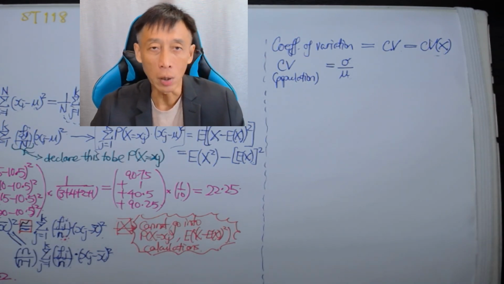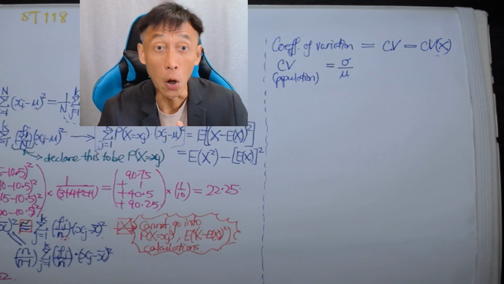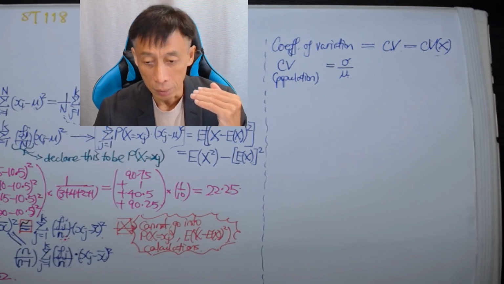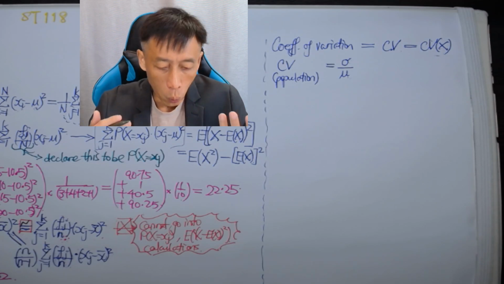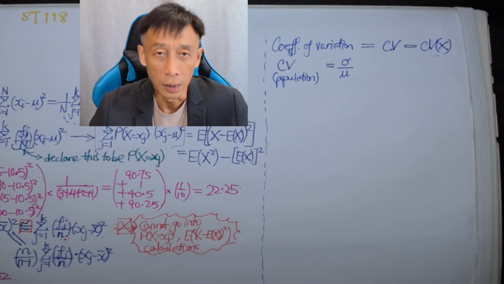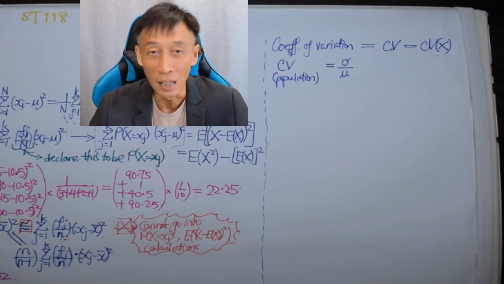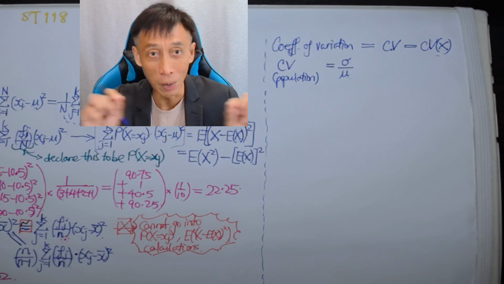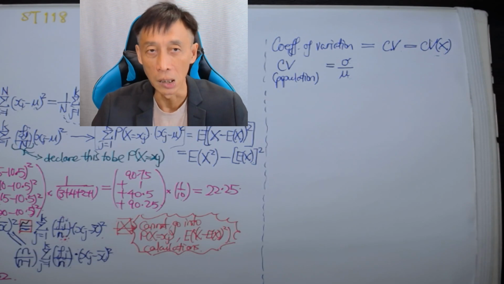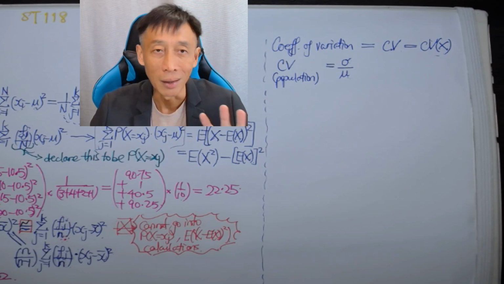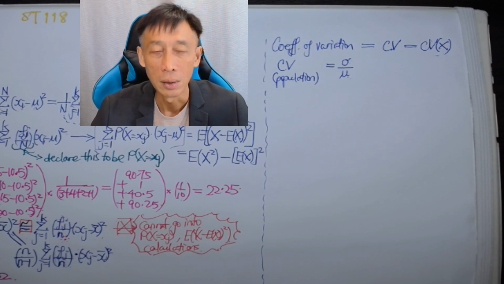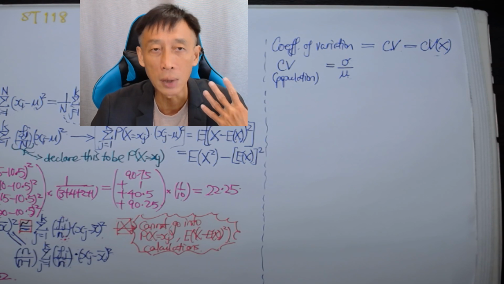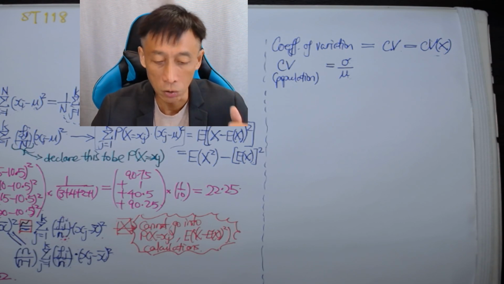So for example, if we're talking about stock prices, they fluctuate. And if we want to know which stock is more volatile, and if we say that volatility is risky, then we equate one with another. Which stock is risky? If it is risky, it's not for me. I like less risky stocks for investment, for example. Okay, so it's up to the individual investor, but suppose I prefer less risky stock, how do I